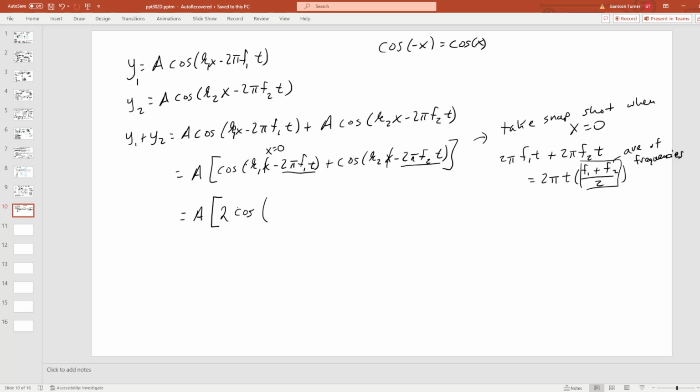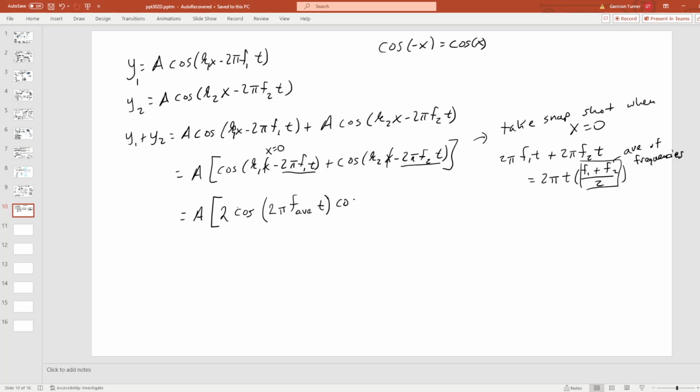So the negative signs don't matter. And so this is now cosine of 2 pi times the average of our frequencies times t